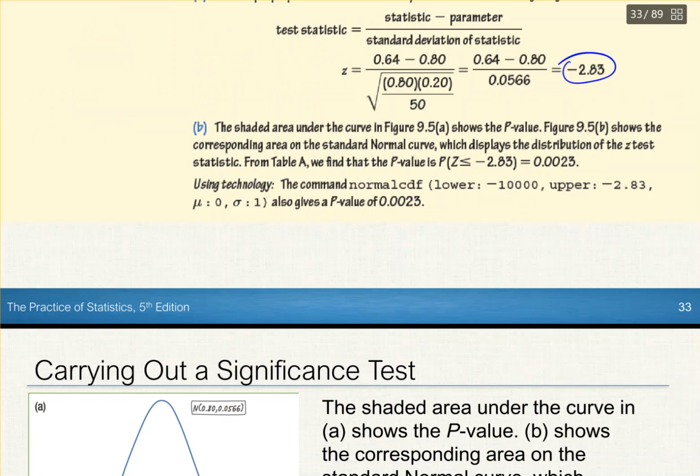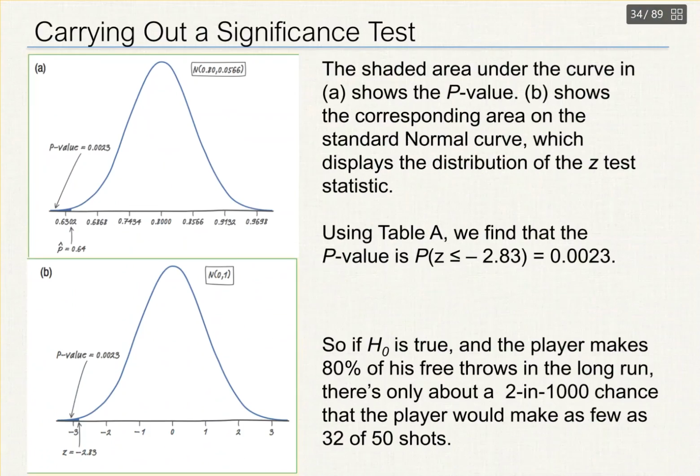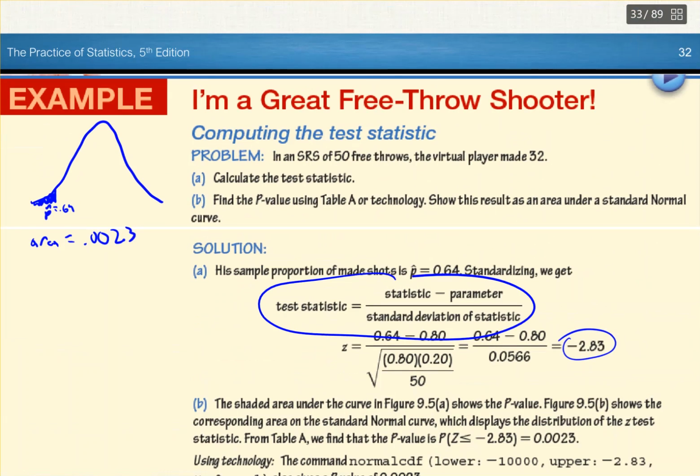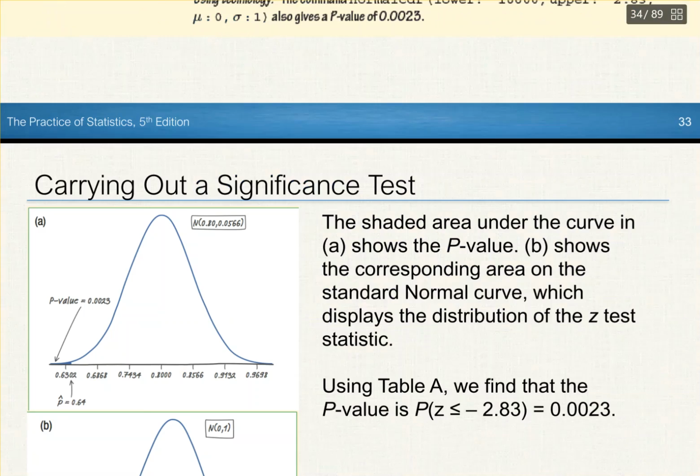All right, so this is just, again, basically what I wrote on the previous slide. We figured out that this area here, which is the p-value, is equal to 0.0023. And this just shows both ways. One is our standard normal curve, which we get when we go through and use these numbers here, and